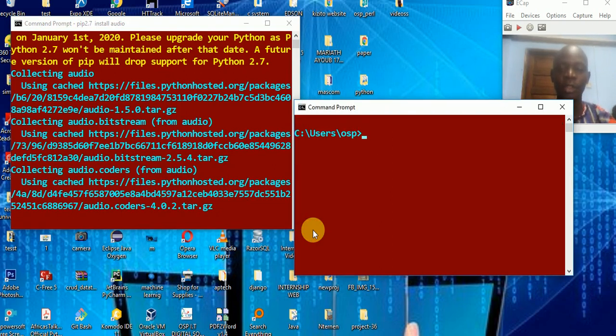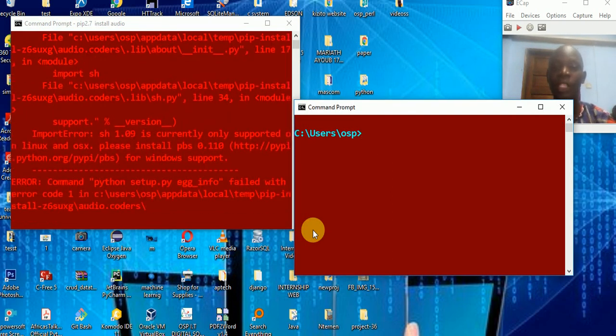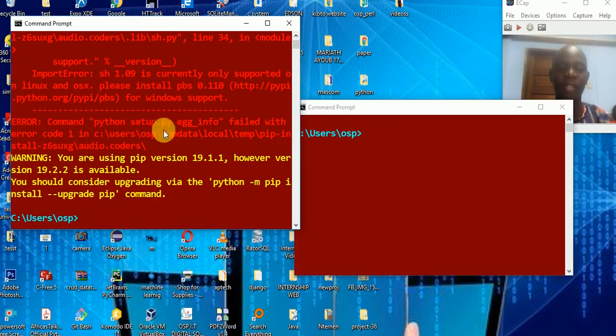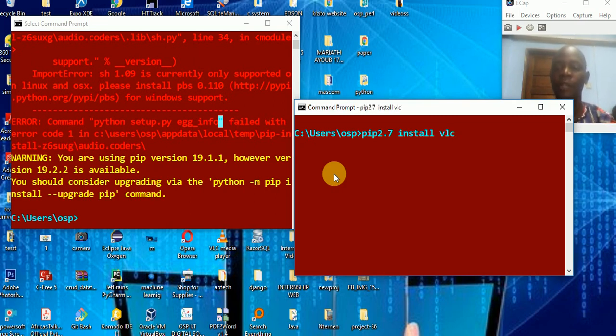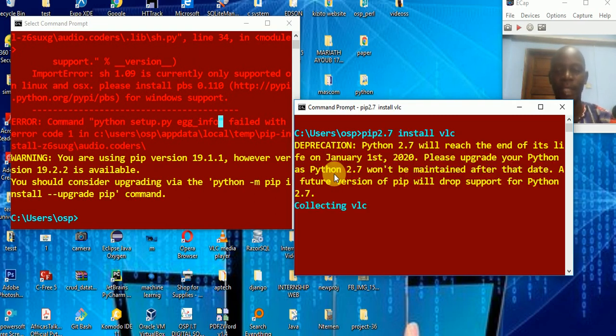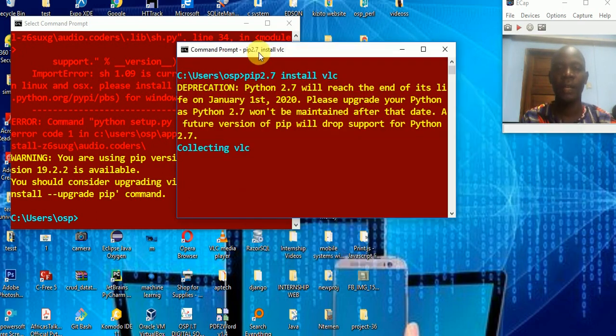Another thing we need to install: make sure at least you have VLC installed. This is some of the things I told you, but I'll show you in my video how I happened to sort it out, the egg info, set path egg info. That's fine, don't worry. I think this is going to install for us. So let me say pip 2.7 install for us something called VLC. Make sure you have VLC installed in your machine. Hopefully it's going to do that, and just pray it finalizes the installation for us.